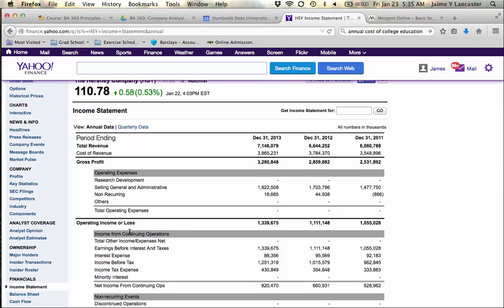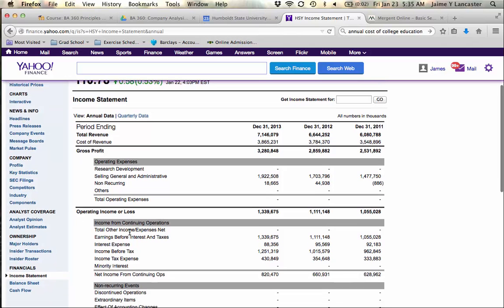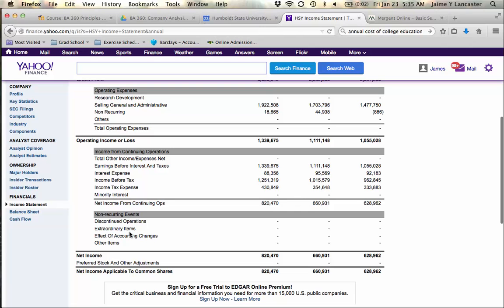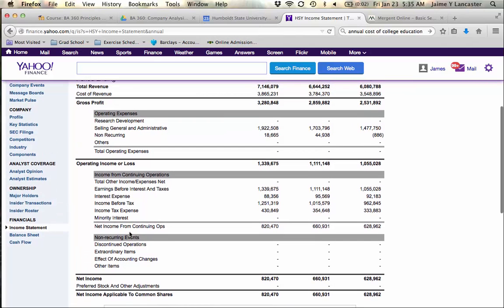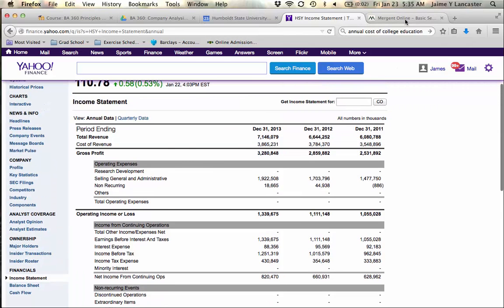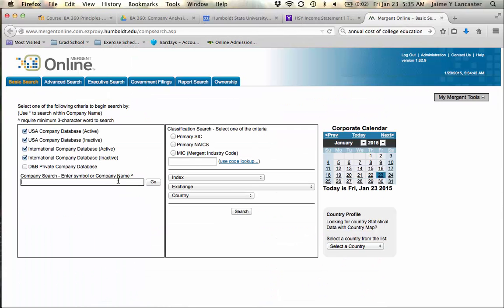When we look at Mergent, nothing's formatted and it can be hard to follow, and you're thinking to yourself, well, what do I add? What do I subtract? If you go to Yahoo, there's fewer entries. It's much more simplified and it's easier to check out the formatting and see what's going on. Mergent, you use that same ticker symbol, in this case